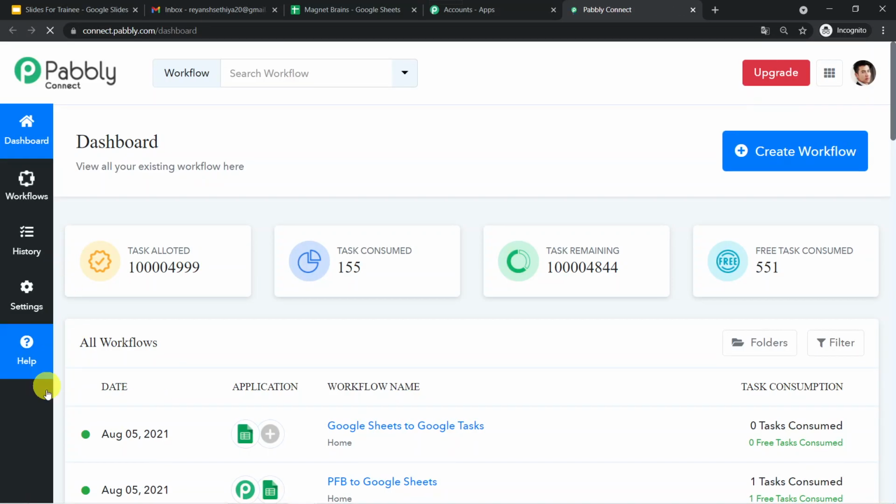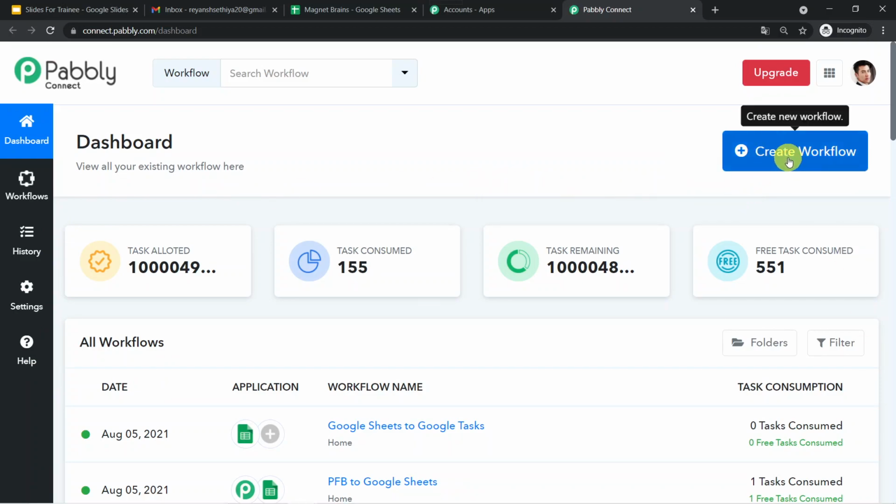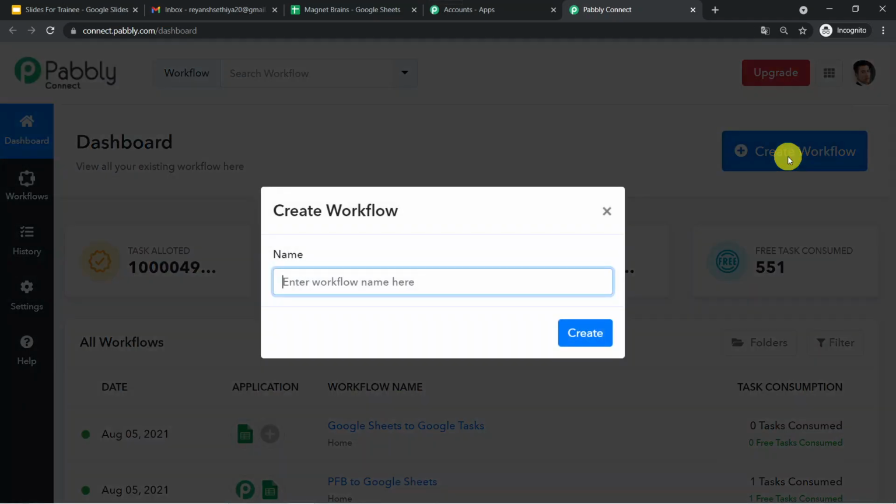Okay, so here you can see the dashboard of Pabbly Connect. Here we have to go to this plus sign and click on create workflow. Now it is asking for the workflow name.